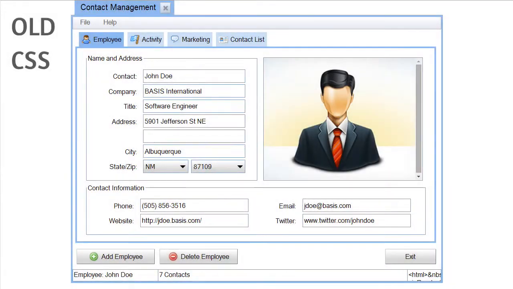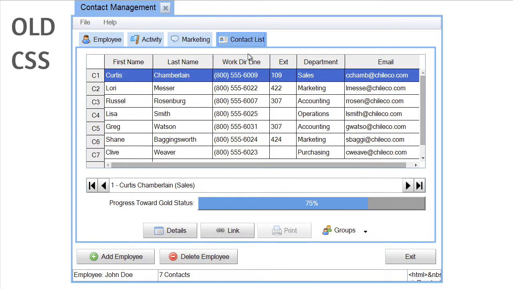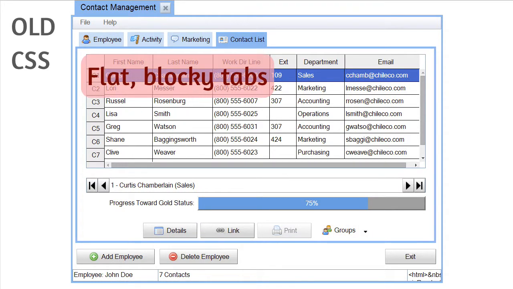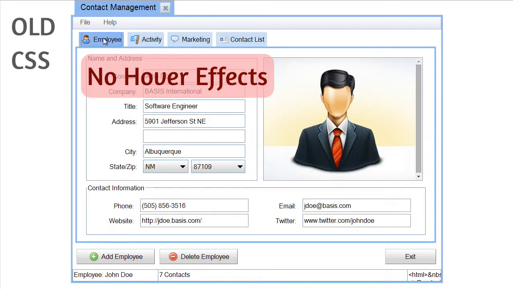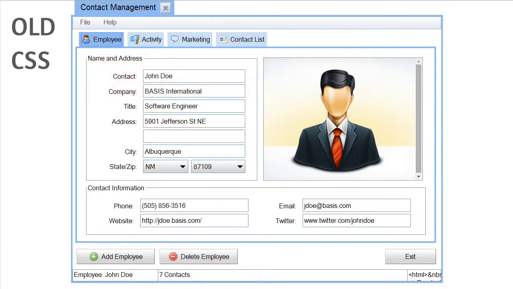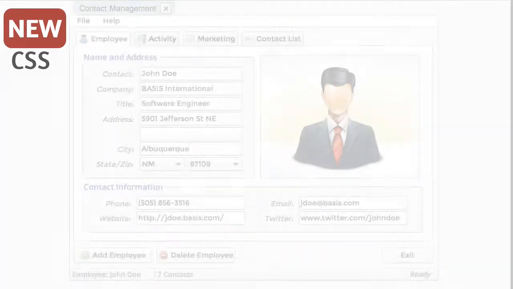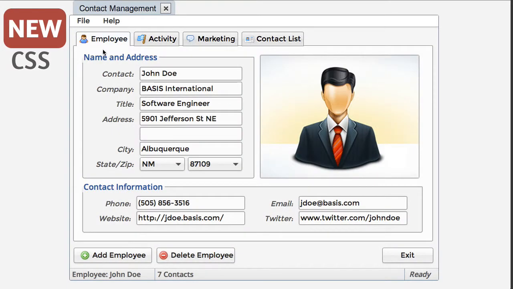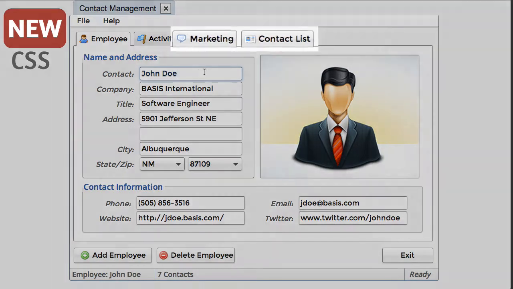Basis shifted its CSS capabilities into overdrive with the release of BBJ 14. One of the most noticeable changes is that all BBj apps benefit from a brand new default look and feel. Due to the new CSS, BBj applications running in previous versions of BBJ look pale and boring in comparison. The same application, now running in BBJ 14, looks much nicer and more polished, with intuitive feedback when hovering and